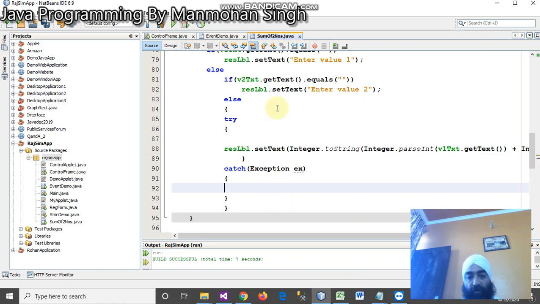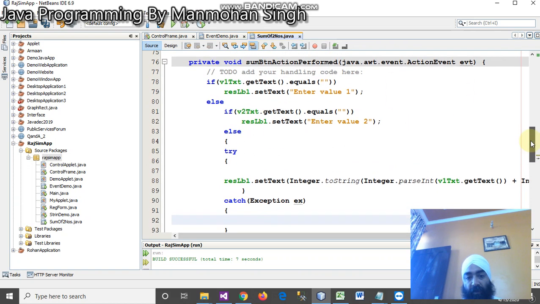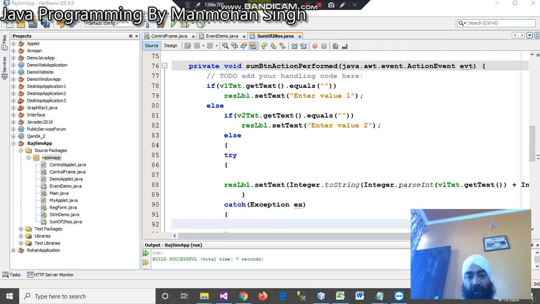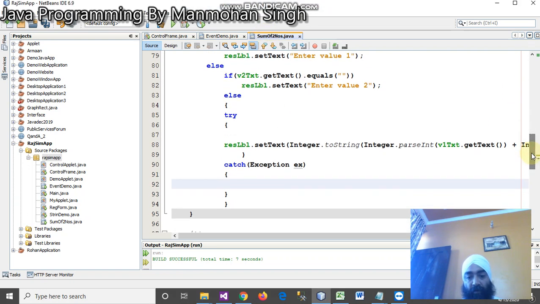See, so the first two checks which we have made using if condition will check whether they are empty or not. If they are not empty, they'll go for sum, but in case you put a value which is not convertible to integer, it will go to exception. So here we can put it like invalid values,